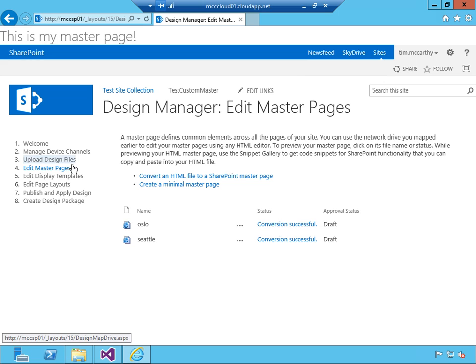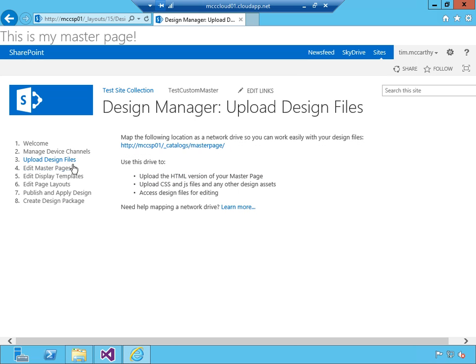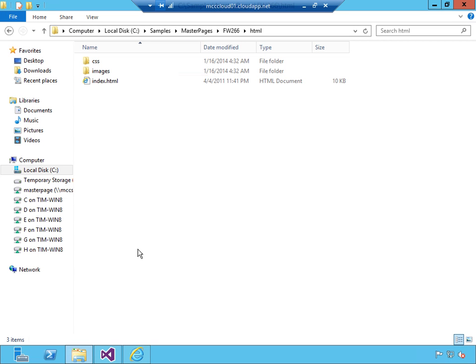Actually, the first thing we want to do is upload design files. And so the first thing that is recommended is that you map a network drive to the master page gallery, so it makes it really easy to work with the design files. Because remember, you can edit the HTML file separate from the master page file, and SharePoint will take care of that synchronization for you. So what I've done is I've actually created that mapping already,